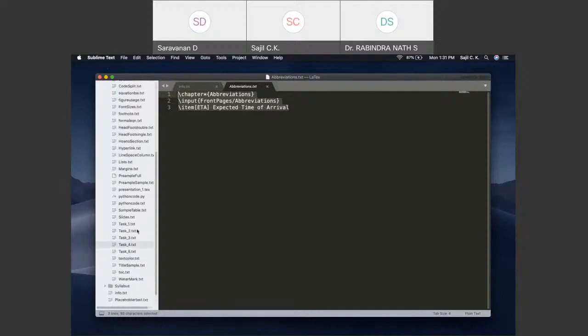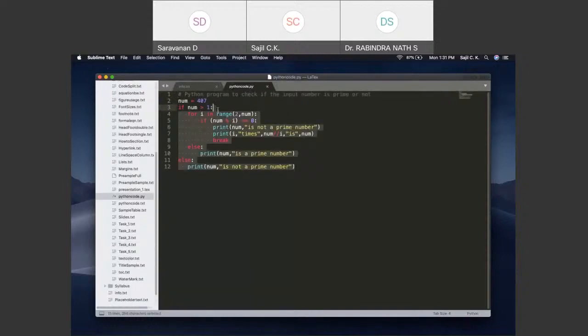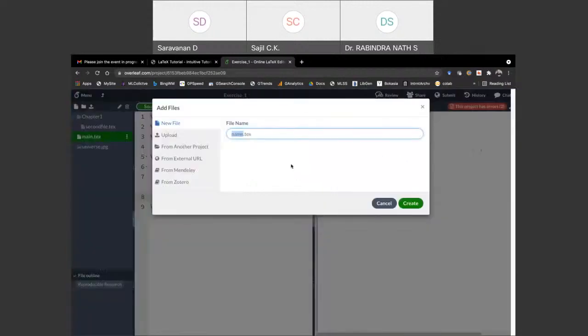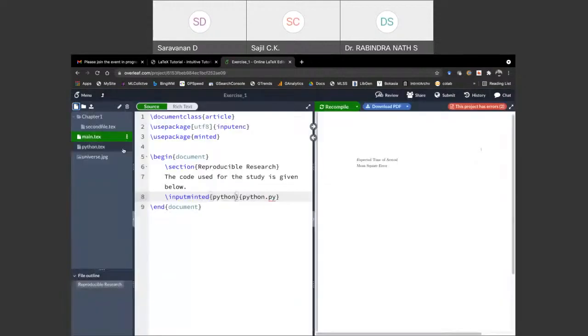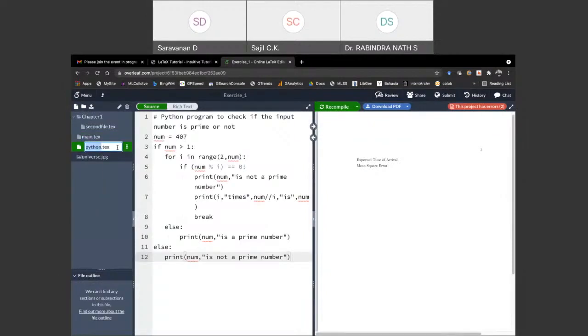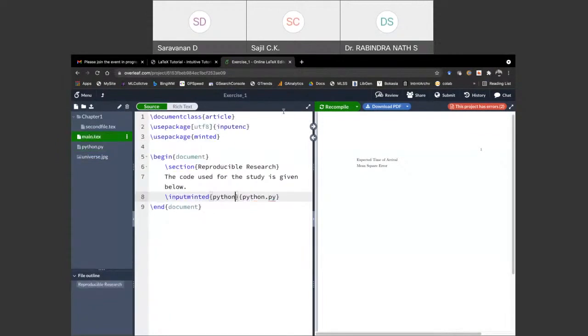So where is it? Yeah. So this is some sample file, sample Python code. If you open it in any integrated development environment or good program, it will show with nice coloring, spacing, etc. So we want the same kind of feature to appear in the LaTeX file also, or the rendered PDF file also. I'm pasting it here. I just need to rename it in the right way. Okay. Now, if I compile it,